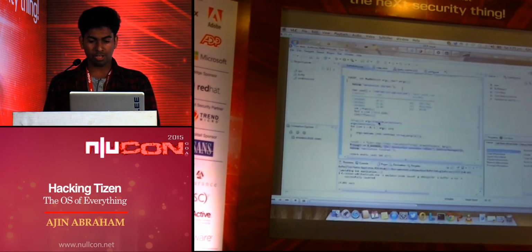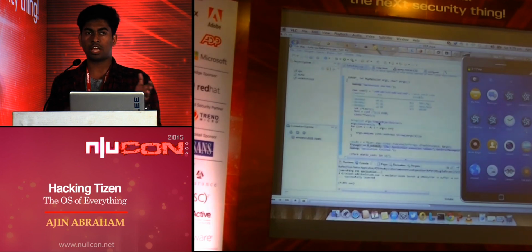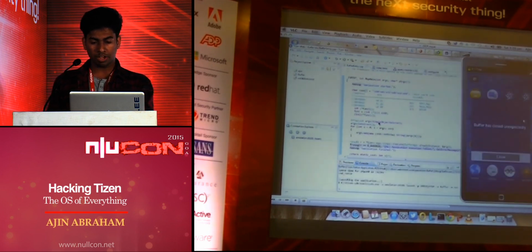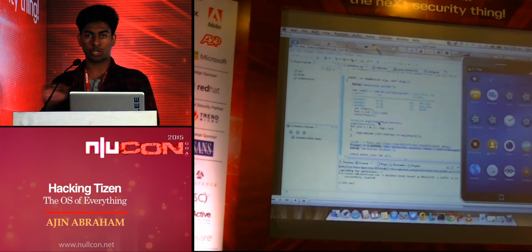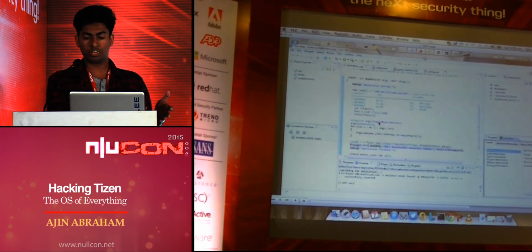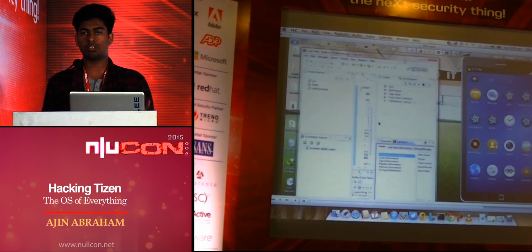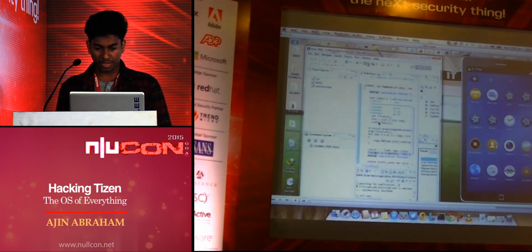So I'm running a Tizen emulator, just like your Android emulator, and I'm running that code. You can see a message like "buffer has closed unexpectedly." It is nothing but your exit function got executed. Buffer is the name of the application. So that is the issue. DEP was not even there. Even though they boasted a lot about security, DEP was not even there. So that is one thing.